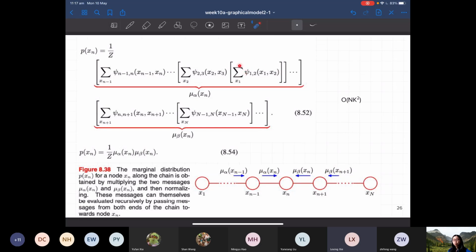So we sum out x1, and then we marginalize x2, do exactly the same thing until we get to xn minus 1, the potential term that contains n minus 1, we can marginalize that out. And then we note that the term xn appears here and here, so xn is not going to be